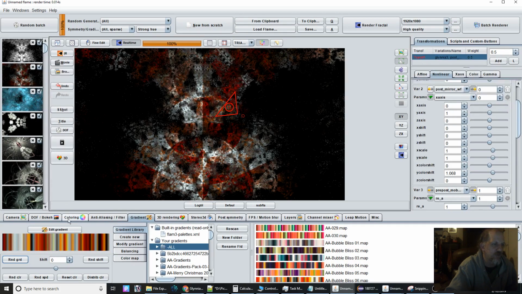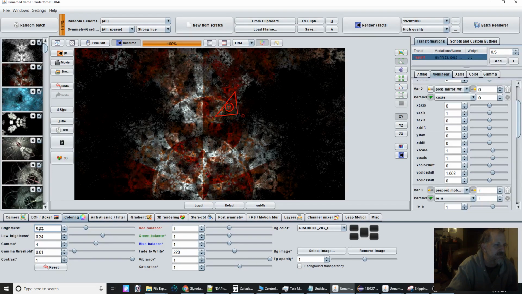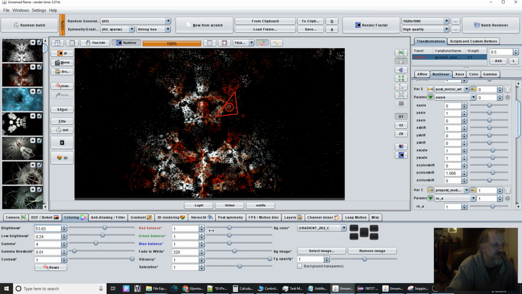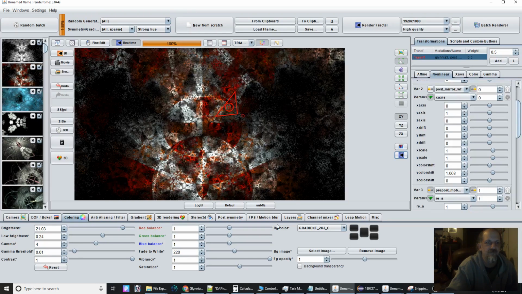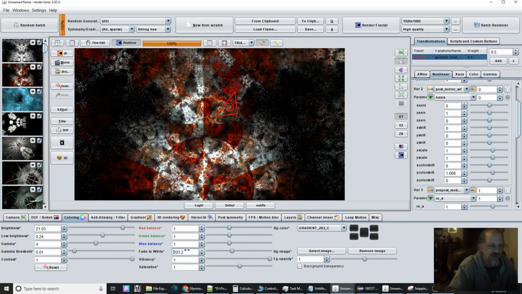Ooh, I kind of like that one. I like that gradient. I'm going to adjust the brightness here. And then I'm also going to adjust the fade to white. I'm going to bring the fade to white down, which actually makes just the whole